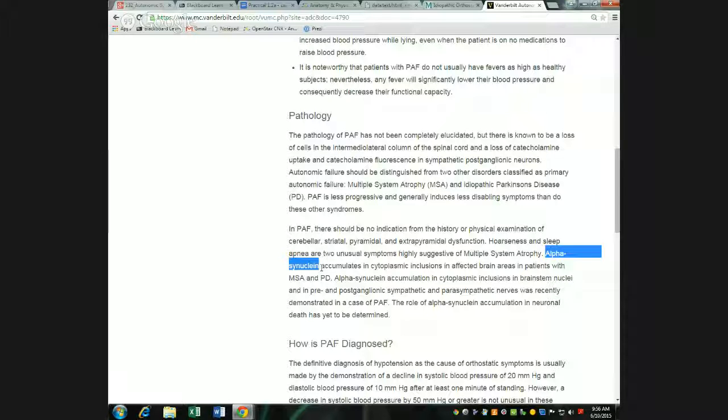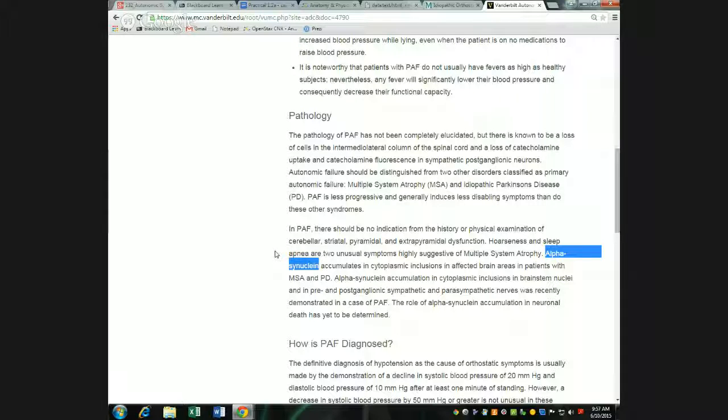MS is not about neurons dying, it's about myelin dying. But yeah, it's still going to have a devastating effect. So degenerative disorders in the nervous system are really big things to deal with, and this is one of them. So this molecule causes toxicity and these cells die off. And when the cells die off in the lateral horn of the spinal cord, then you're going to start losing the sympathetic functions like producing sweat